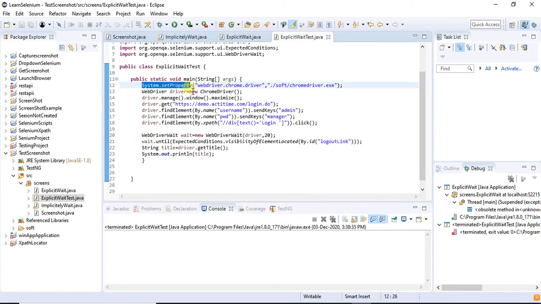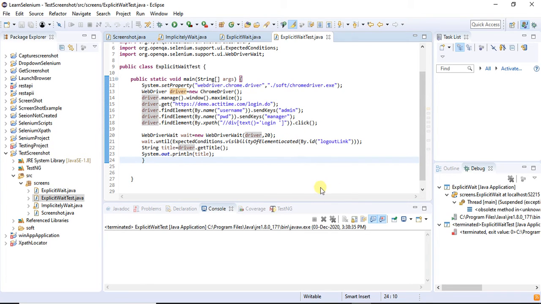Here I use System.setProperty, where I have given webdriver.chrome.driver and the location where the Chrome driver exists. Then launching the browser, then maximizing the window. Then I give the URL and go to the URL. After that, I enter the username and password, then click on login.